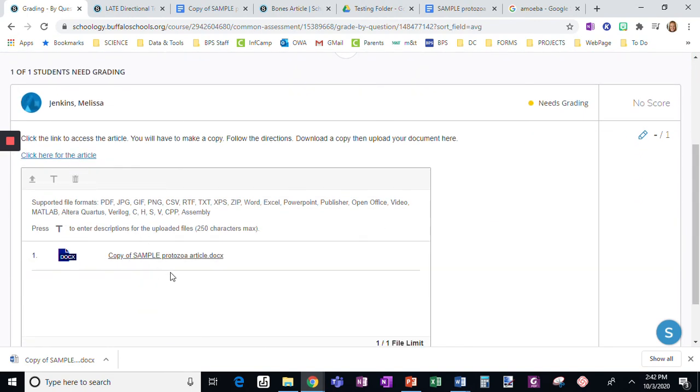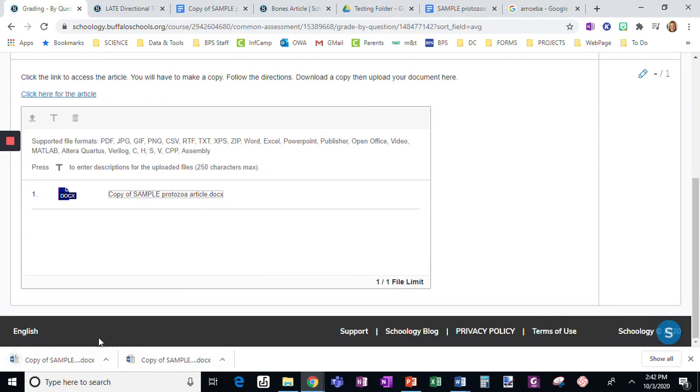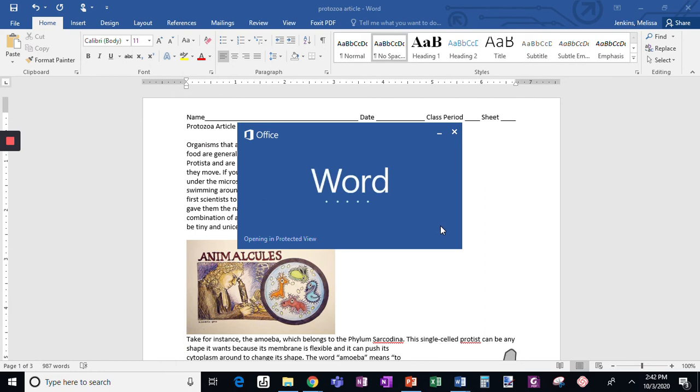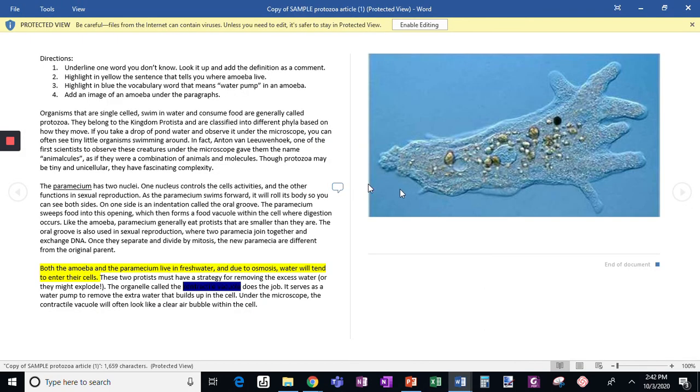All right, so we'll see what it looks like from teacher perspective. Okay, so it gives me a link right here. I'm going to have to download that file and open it. And here's my student's work. Okay, so again, not ideal, but it does give you the option for students to have a lot more flexibility in an assessment in terms of modifying